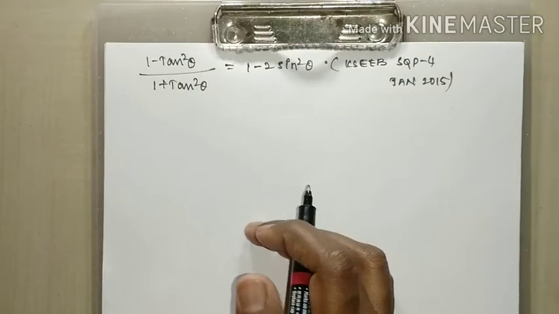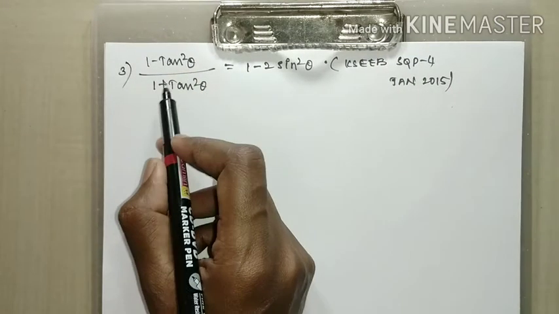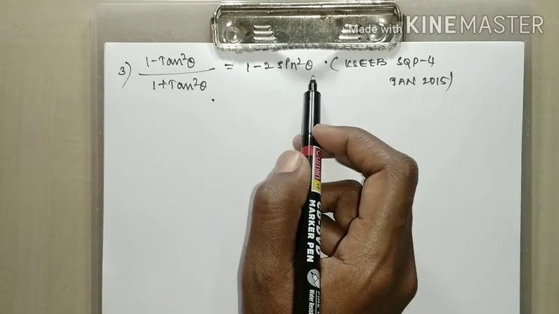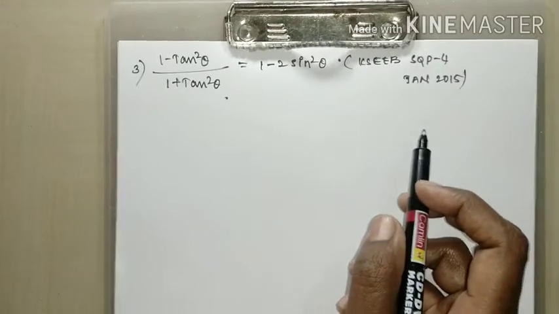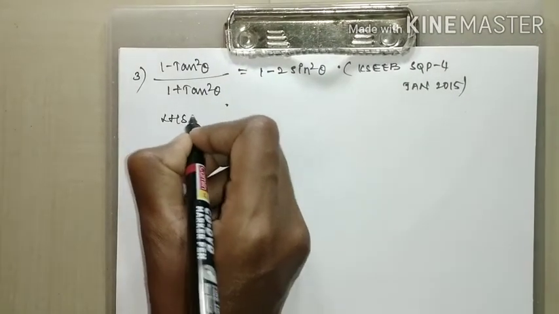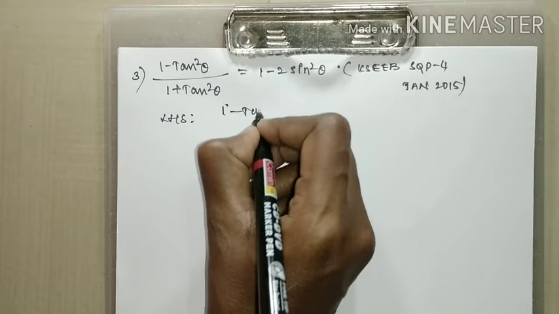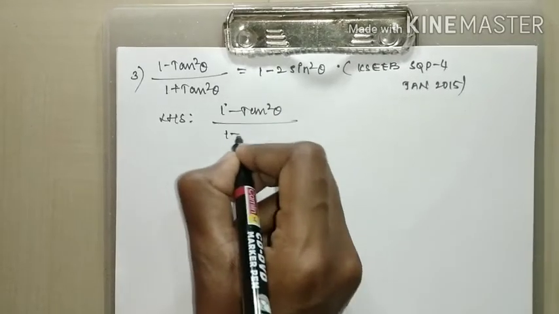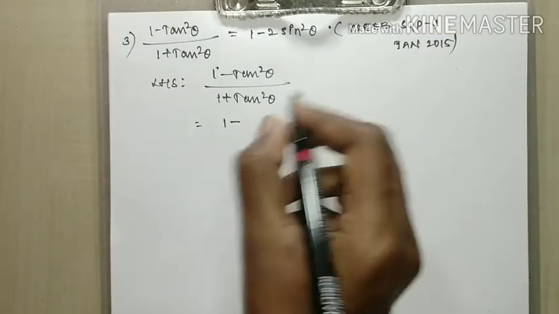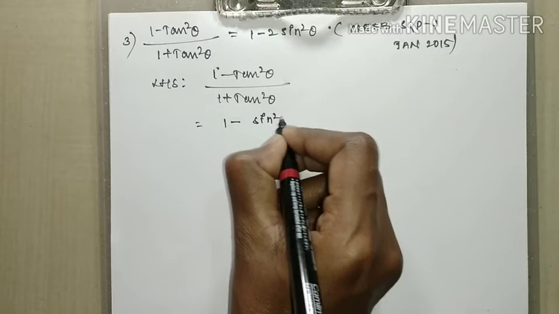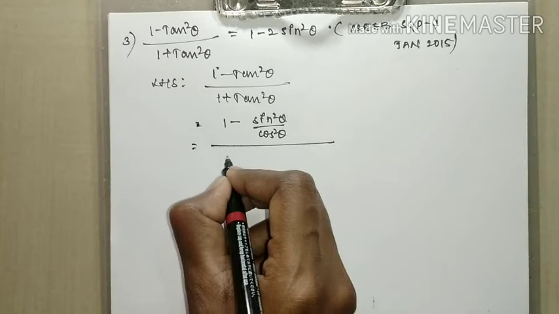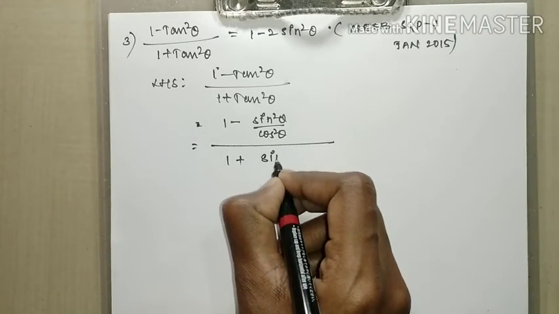Here we have example number 3. Prove that 1 minus tan square theta by 1 plus tan square theta equals 1 minus 2 sin square theta. This is KSEEB solved question paper number 4, Jan 2015. So the LHS part we will take: 1 minus tan square theta by 1 plus tan square theta. So this is equal to 1 minus tan square theta, you can write sin square theta by cos square theta, whole divided by again 1 plus tan square, again you can write sin square by